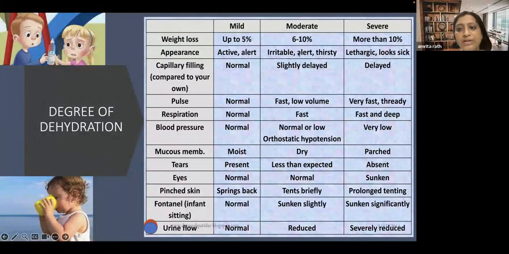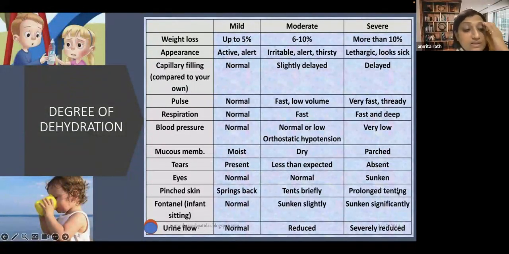5%. Moderate, if all these things are present, but urine output is reduced, blood pressure is normal or low, and postural hypotension is present. It is 6 to 10%. If everything is very severe, the patient is lethargic, the fontanelle is severely sunken, there is prolonged tenting, that